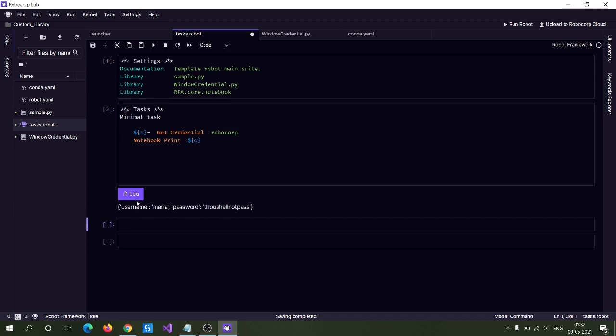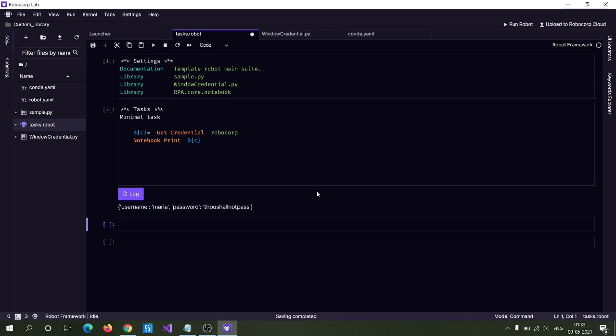It is actually in a dictionary format, so you can retrieve the username and password by using the key-value pair method. So this is how you can write a custom library in Python code and use it in Robocop. Here you learned how to write a custom library for Robocop, and if you are creating any library using any external packages, how you can specify these external packages in the conda.yaml.